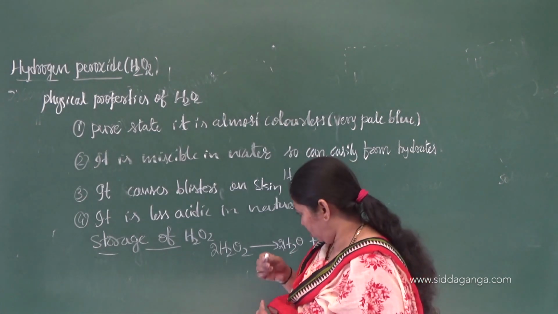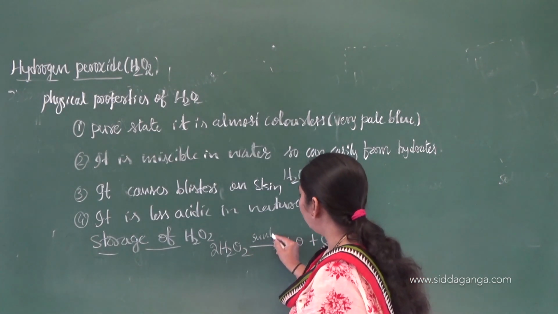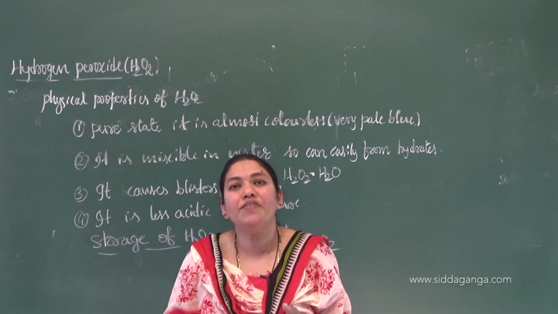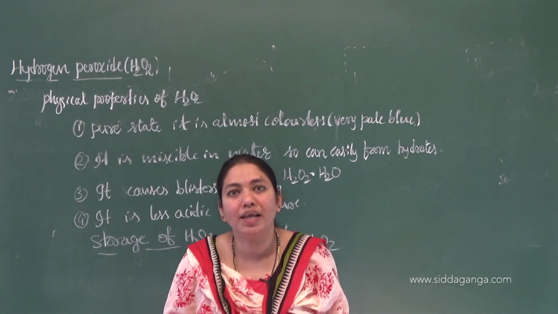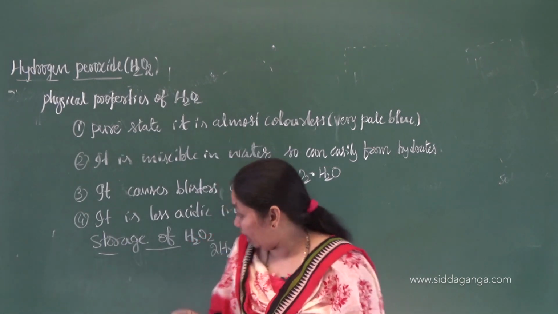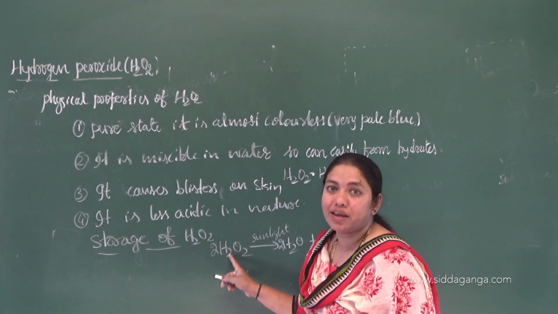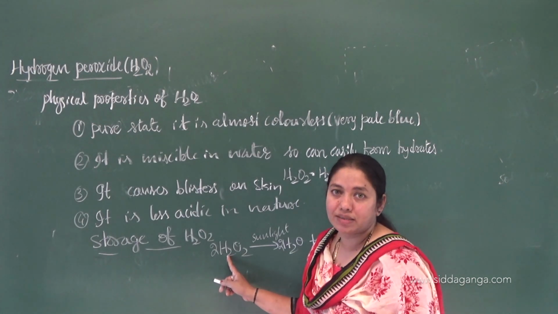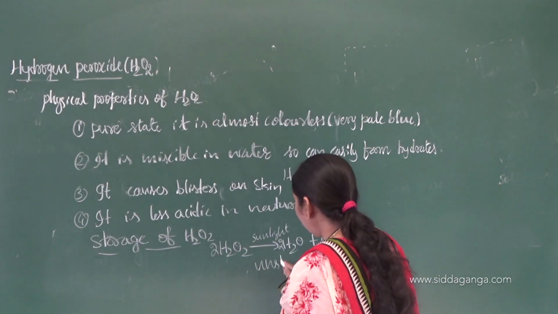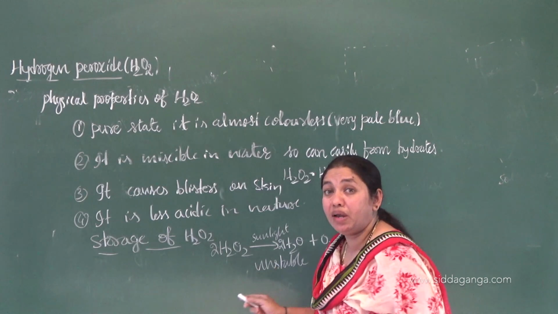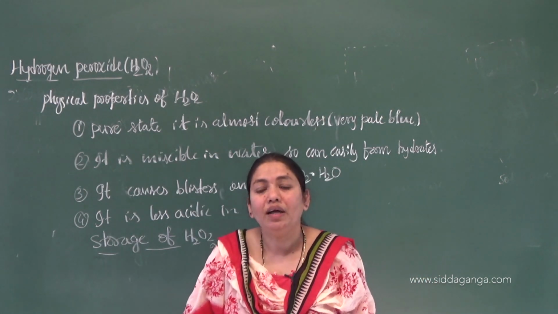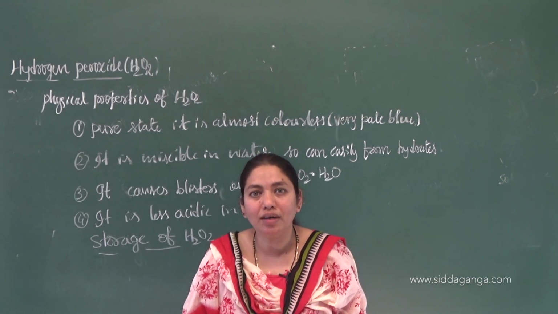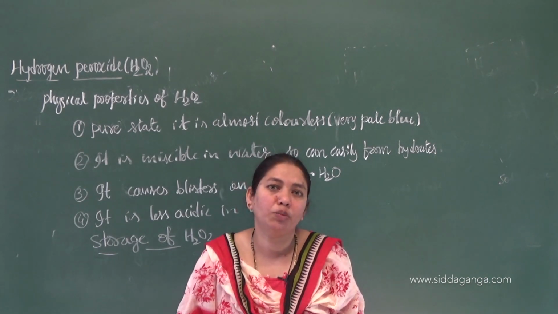It will undergo decomposition whenever it is exposed to sunlight or whenever it comes in contact with a glass surface, because glass is made up of sodium silicates, so an alkali metal will be there, that will react with it, and that is enough to initiate the reaction. Metal surfaces are enough to initiate the decomposition of hydrogen peroxide. It is highly unstable. When it comes in contact with metal surfaces, alkalis or sunlight, it will get decomposed to produce water and oxygen. It will no more be hydrogen peroxide.